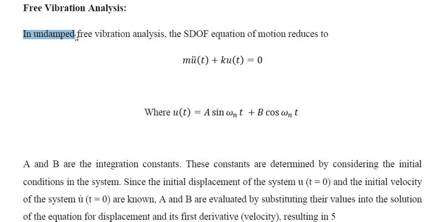In the undamped case, if there is no damping either, then the equation reduces to m u double dot plus k u of t is equal to 0. Why we are stressing this: further derivations in this chapter are based on undamped free vibrations, or undamped forced vibration also. m u double dot of t, that is the inertia force, plus the spring force, is equal to 0. This is the dynamic consideration; the static consideration is equal to 0.